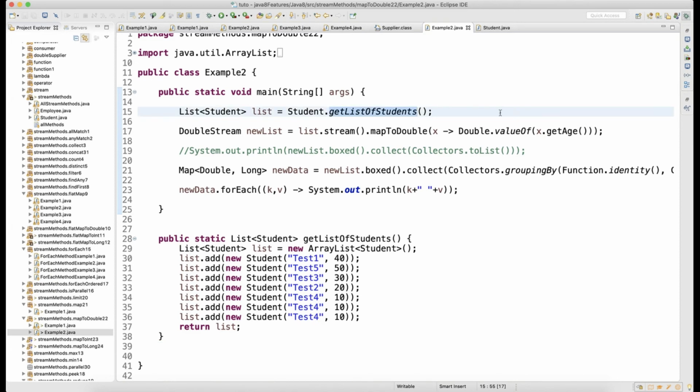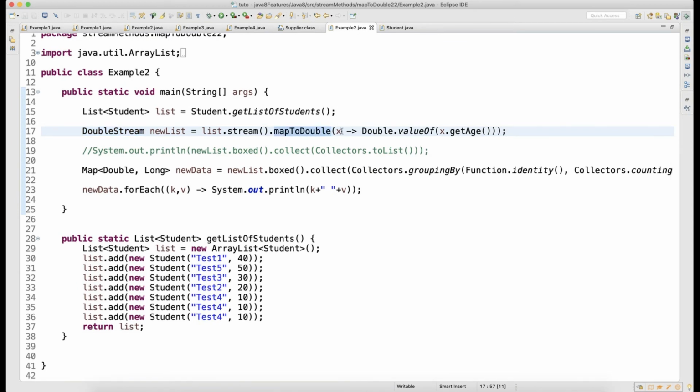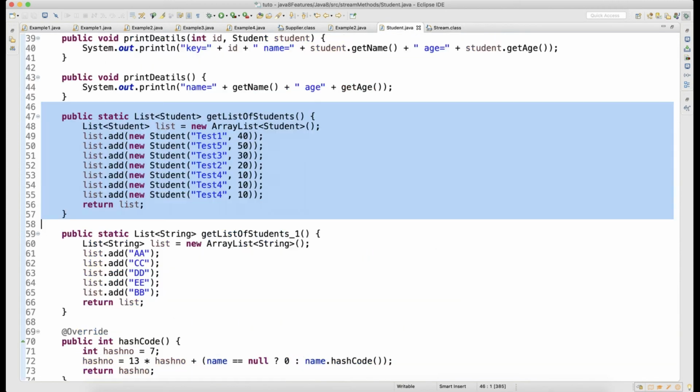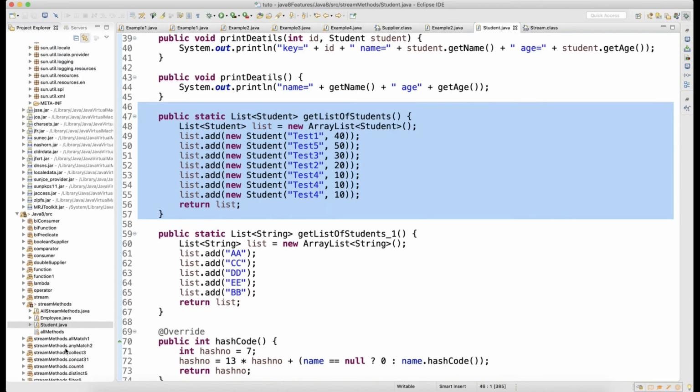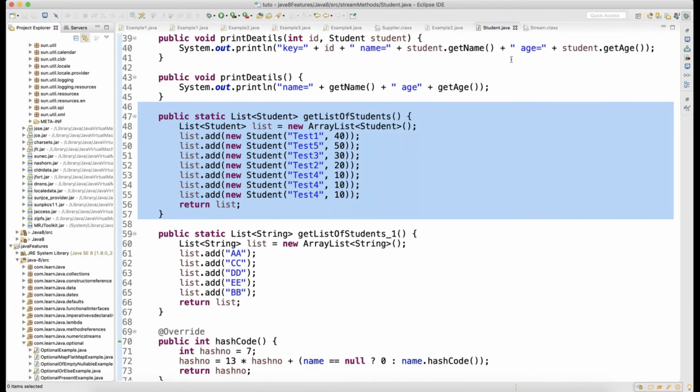When you say get list of students, you get a list of student objects, then you call the stream, and then mapToDouble. Whatever age you have, you convert to double. So an integer gets converted to double, and you will get a double stream. That's how it is. When you control-click on mapToDouble, the return type is DoubleStream. When it is a double stream, basically what I'm trying to do is, let's go back and see.